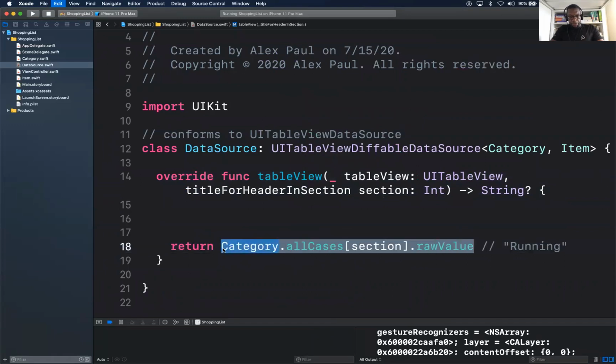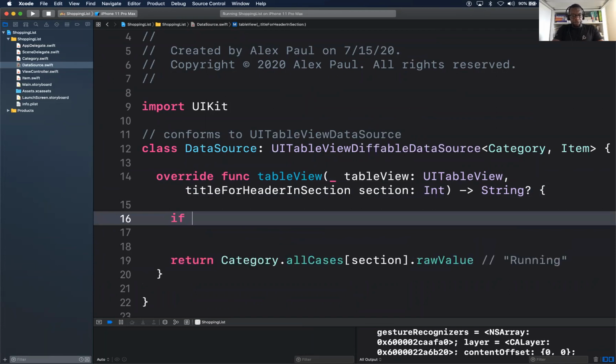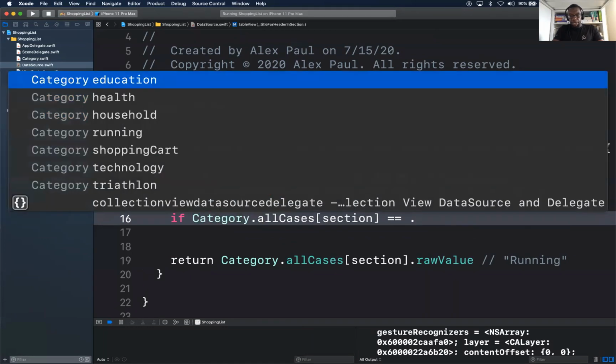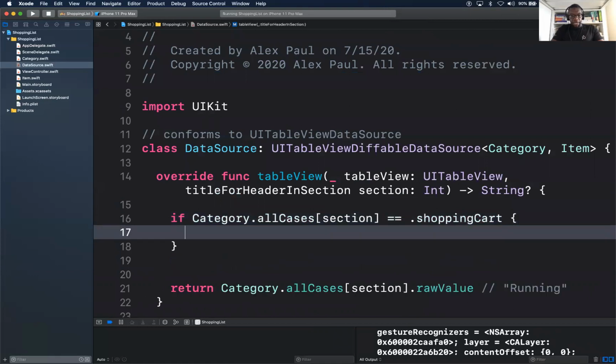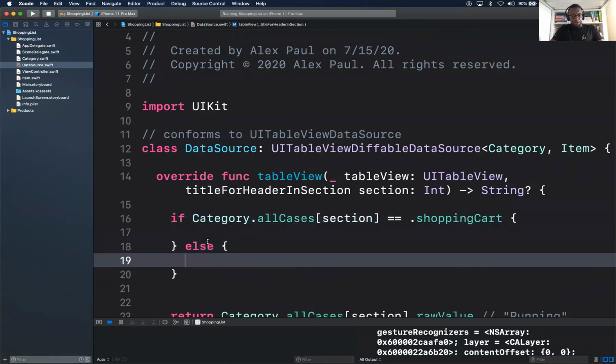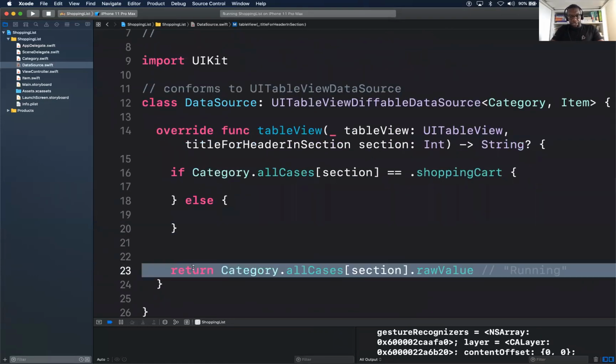Just copy that return statement and simply say, if this is equal to .shoppingCart, we'll add a shopping cart, else we'll just return this line.